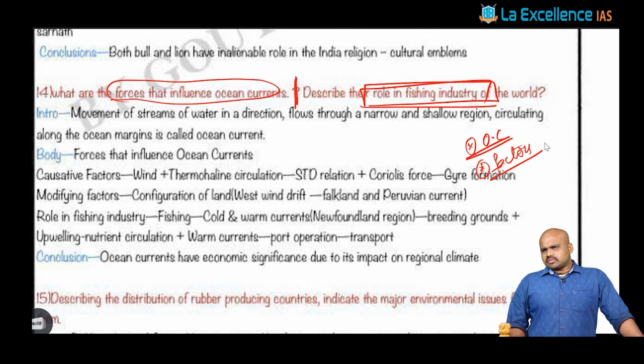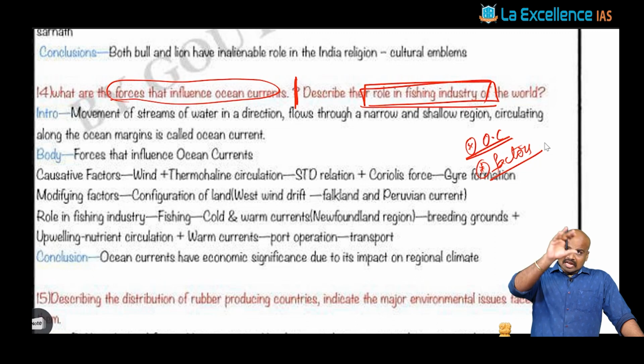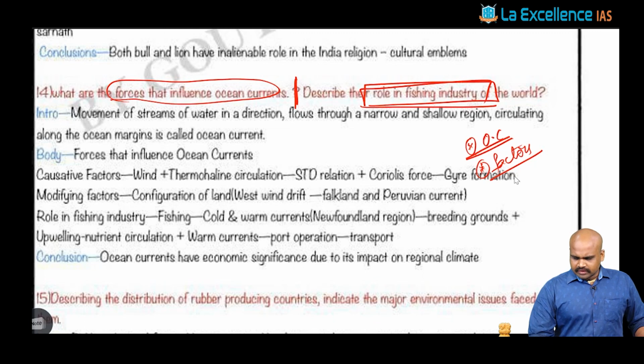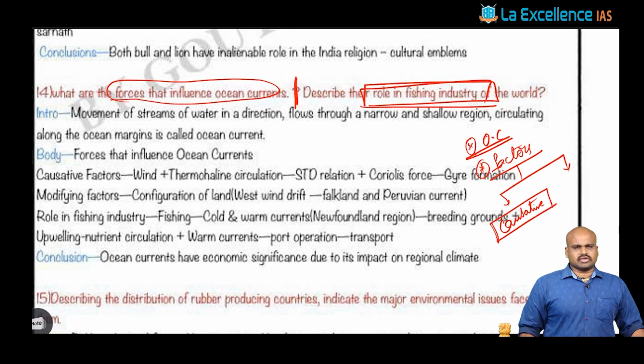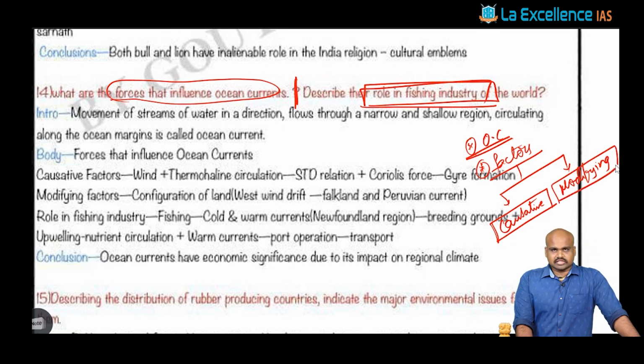It might be a wind system or it might be your oceanic currents, where you fundamentally discuss climatology and oceanography. It is all about balancing these imbalances. With such an understanding, you would see that the forces present with respect to oceanic currents can be of two types. One is the causative factors. Apart from this, we can also discuss the modifying factors. So, we can structure these factors into two different aspects: one is the causative factor, the other is the modifying factor.